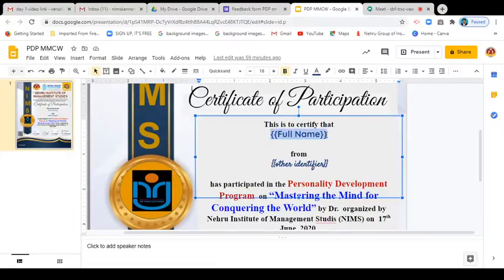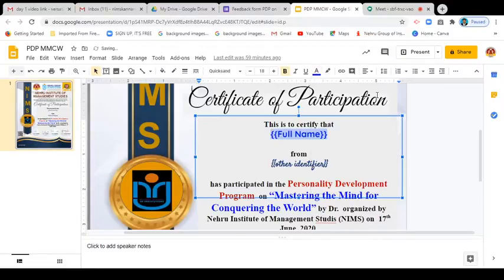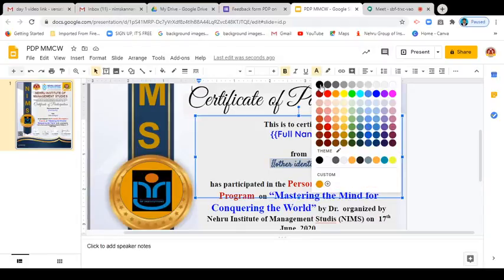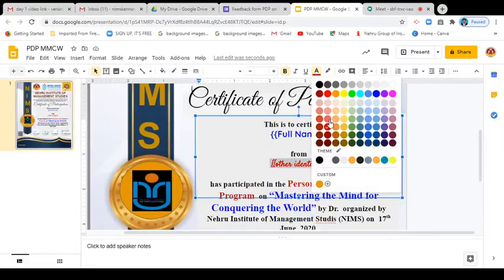So you have to differentiate it. The name and the institution name should be different. Most probably you can use some bright colors so that people easily understand. You have to use different colors, then people can easily understand, okay, this is from our institution name. So the color combination is your creativity, and you can decide as you wish.